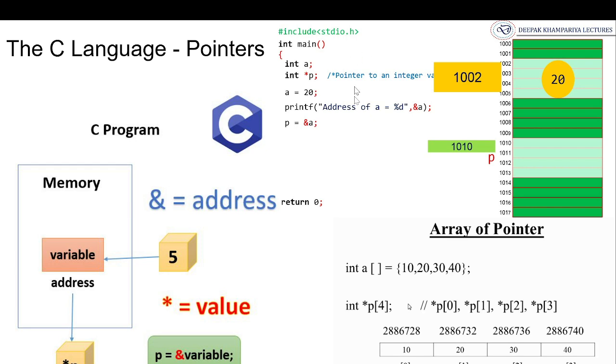So for instance, if we're looking up here, you have a main function and you declare an integer a, and you can assign it whatever value you want. But then we have an integer pointer p. This little star declares that p is a pointer, and then int is that it's pointing to the type of an integer. If we then set a equal to 20, then the memory address of a now holds the value 20 as an integer, but you need to access the memory address of that variable in order to call it. So p is going to be holding the memory address of a, and this ampersand right here is declaring